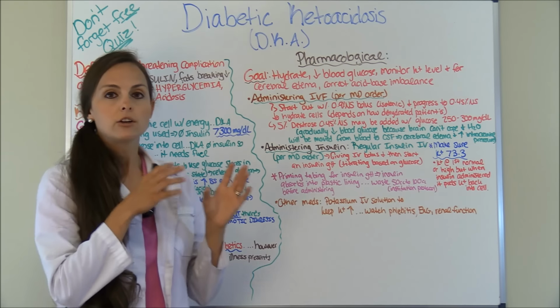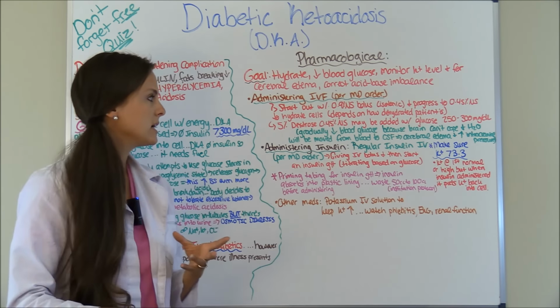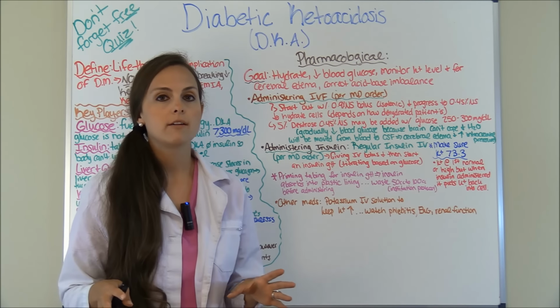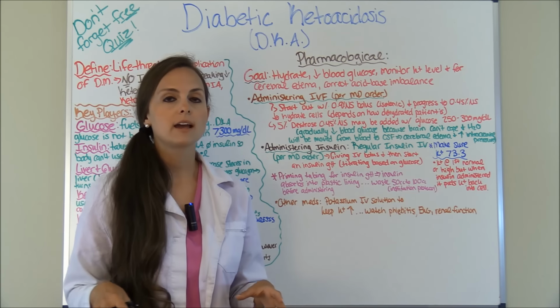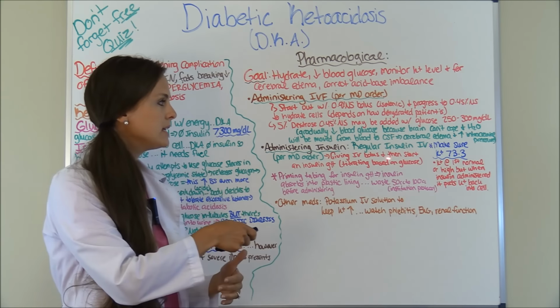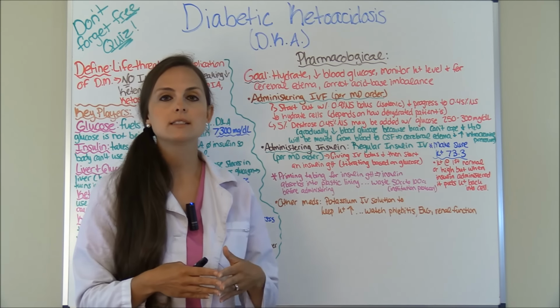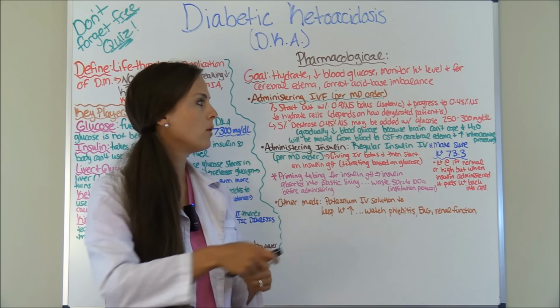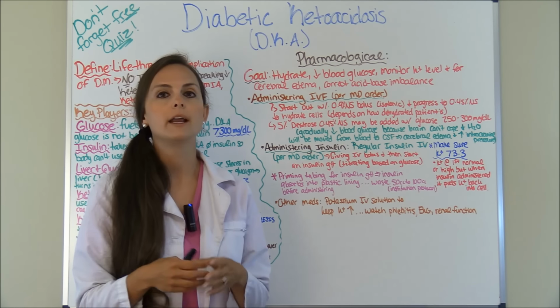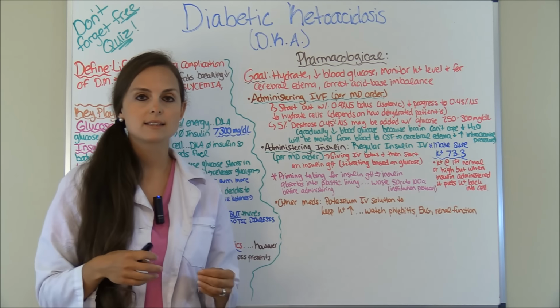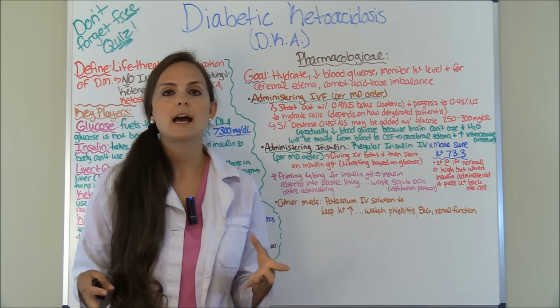Now, insulin. You're going to be giving insulin to this patient, and the only insulin that can be given intravenously is regular insulin. Remember that. And before you even start insulin, you want to monitor the potassium level. Check and see what that potassium level was. Remember this, very important. And you want a level greater than 3.3,